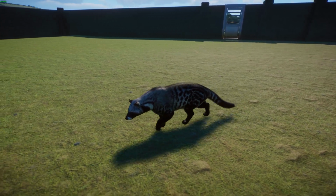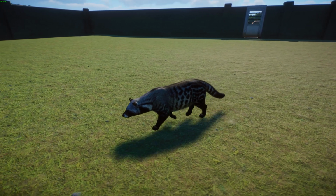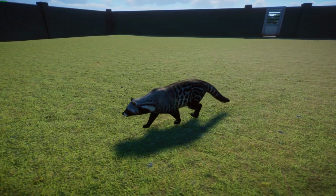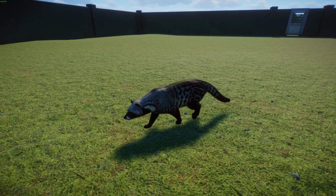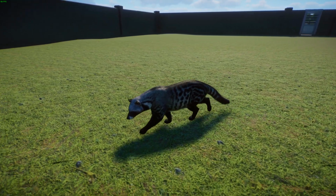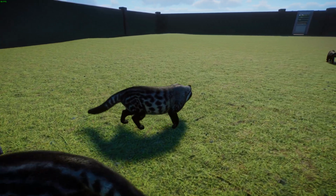And in terms of body size, they get to a head to body length of about 67 to 84 centimeters or 26 to 33 inches, with a 34 to 47 centimeter long tail of 13 to 19 inches. And the typical weight range is between 7 to 20 kilograms or 15 to 44 pounds, with females being generally smaller than the males. And they are the largest viverrid in Africa, with a shoulder height of about 40 centimeters